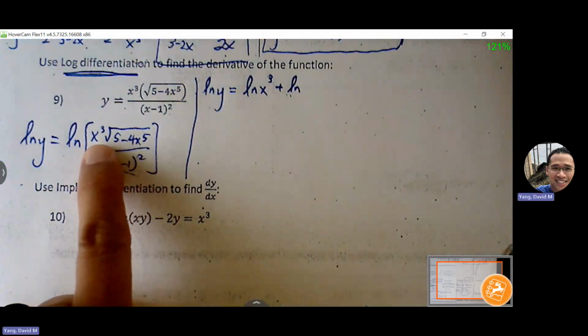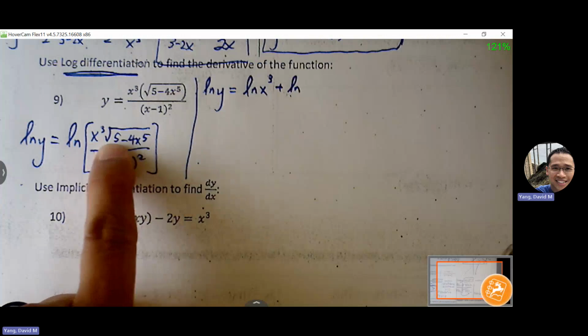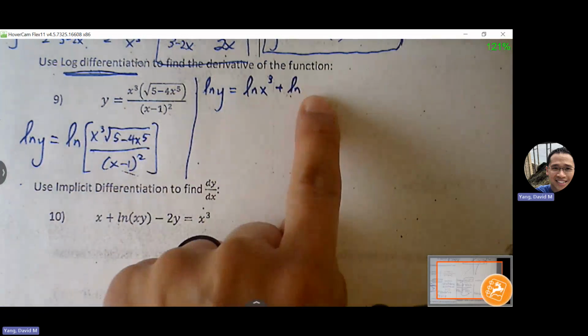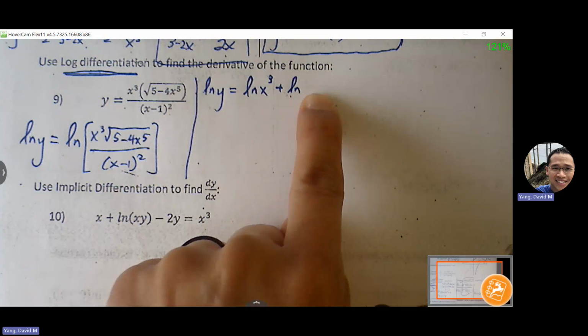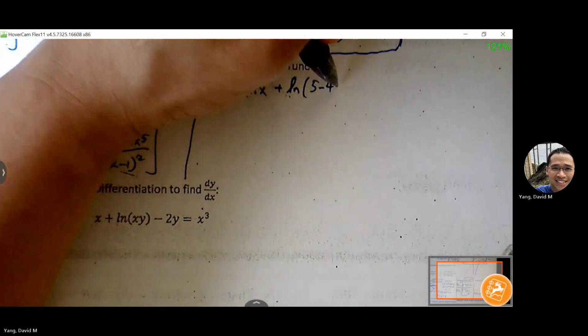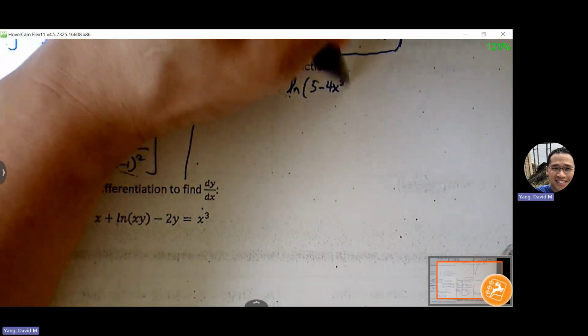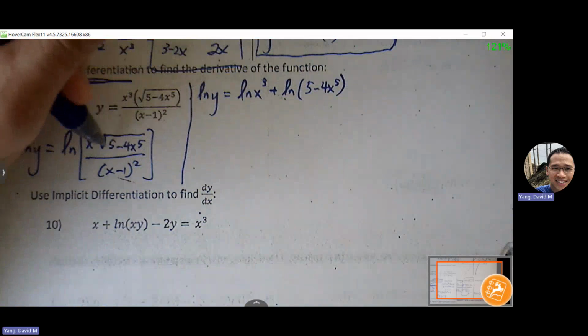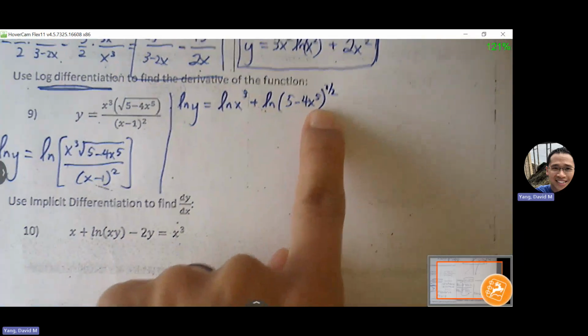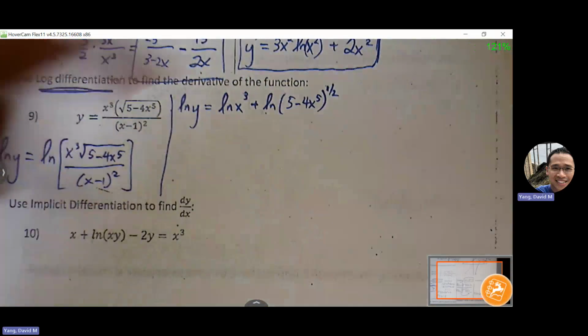So I can put a plus sign between the two terms there. This is x cubed times the square root. I can rewrite that square root as 5 minus 4x to the 5th raised to the what? Well, that 5 is not outside a set of parentheses, so it's just going to be that 1/2 because that 5 only sees the x, doesn't see the entire expression. Minus